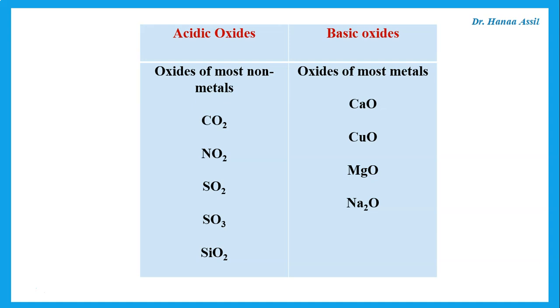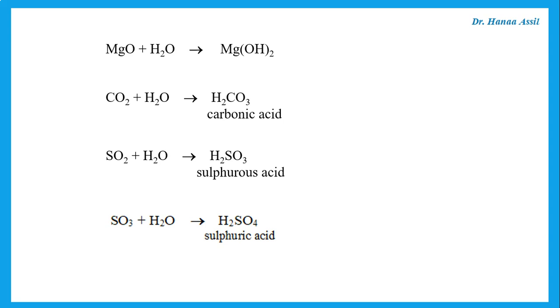Remember that this is the core syllabus. So for year 10 or for the IGCSE supplement or extended, we have another video that will talk about the other different types of oxides. But for now, this is the core basic. You should know that acidic oxides are oxides of nonmetals. Basic oxides are oxides of metals.